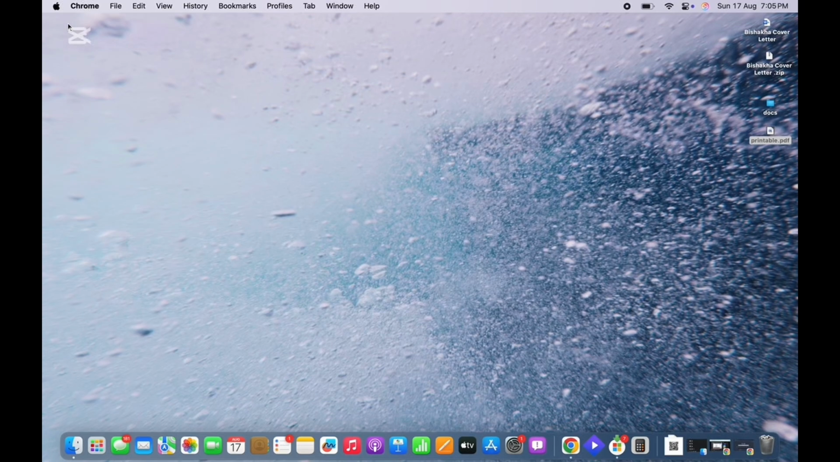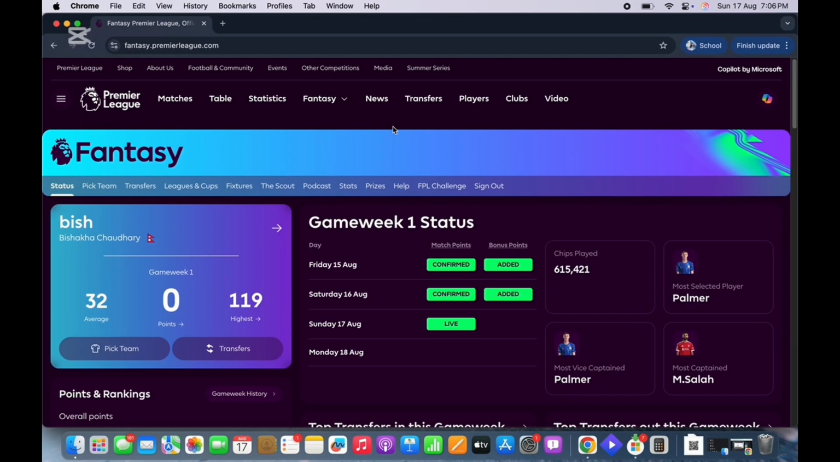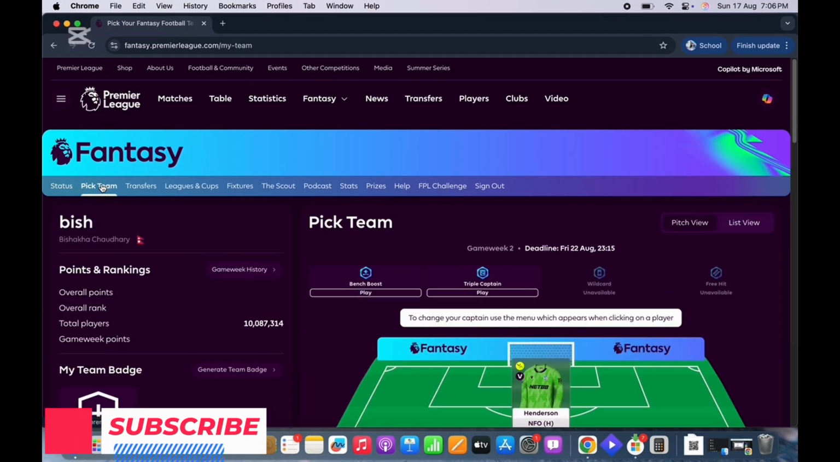Now let's get right into the tutorial. Firstly, go ahead and open FPL on your device and make sure you are signed in. Now go ahead and tap on the pick team option you see there, and now on the left side toolbar